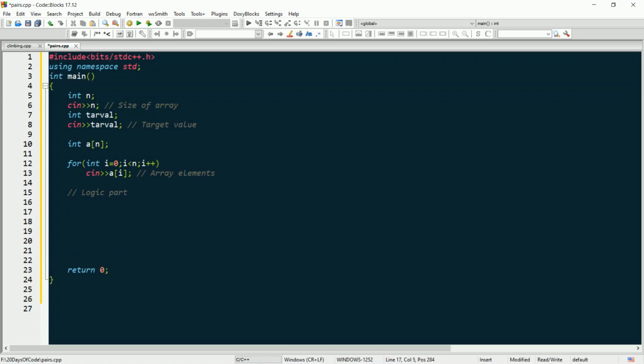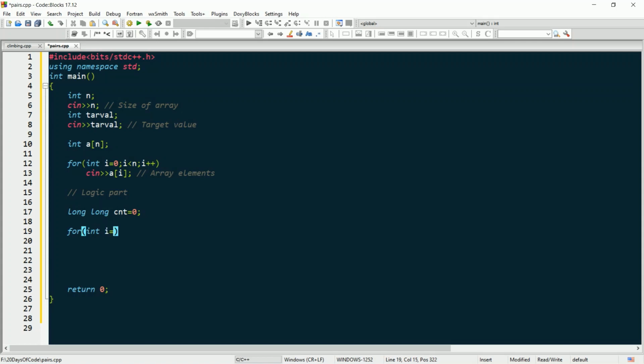For that we need to create a variable cnt whose initial value will be 0, and we'll increase this counter whenever we encounter a pair such that the difference of the elements of the pair is equal to the target value. This is just very simple logic.